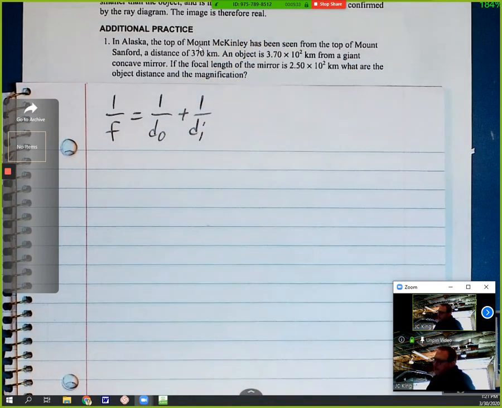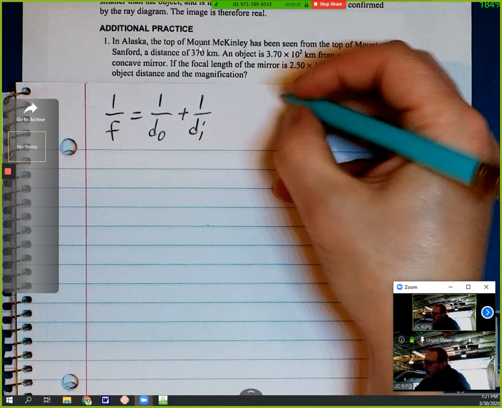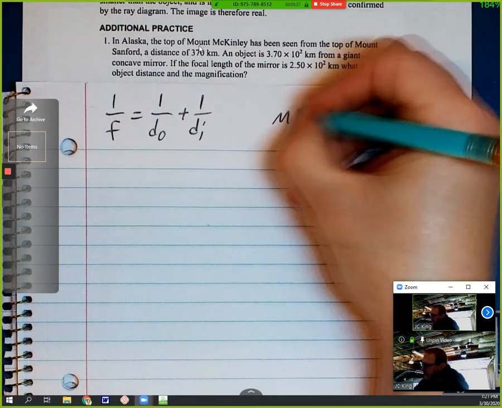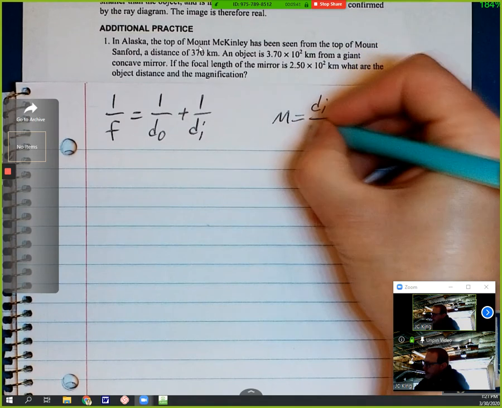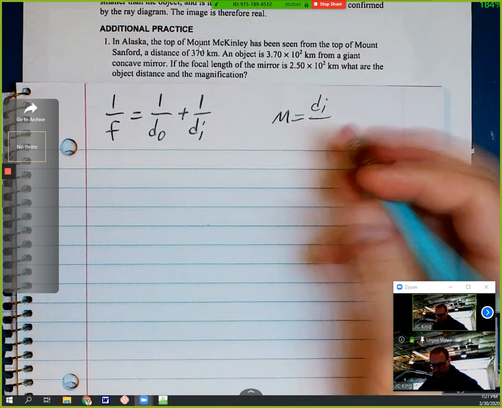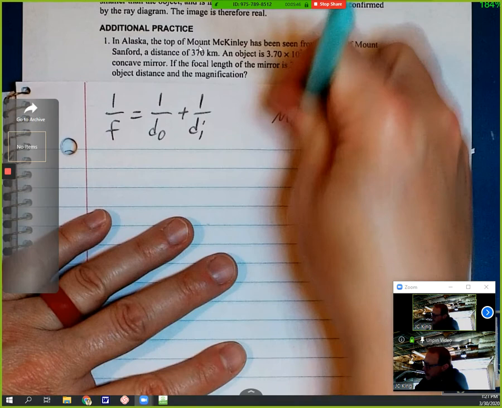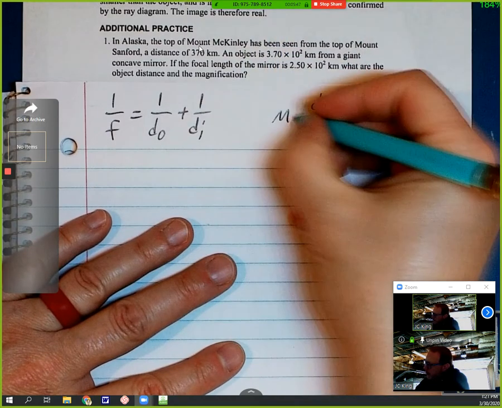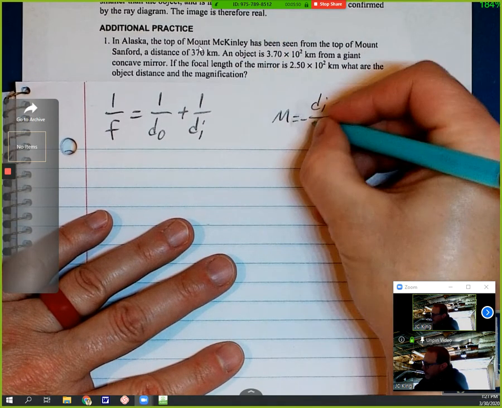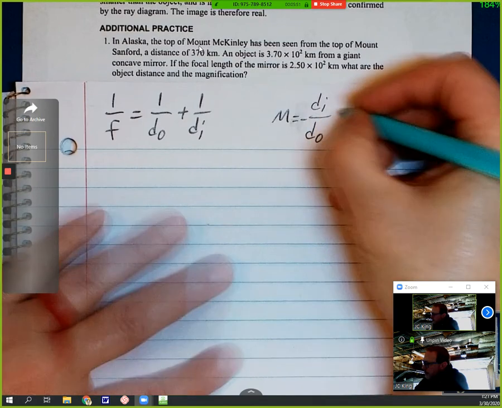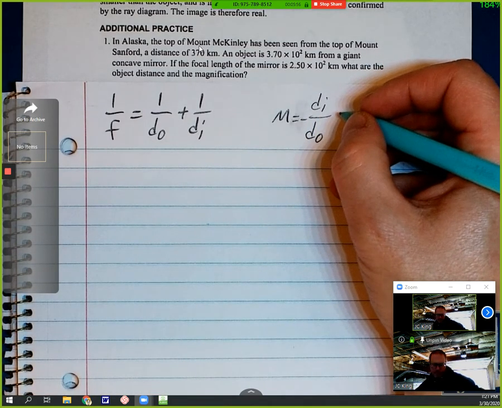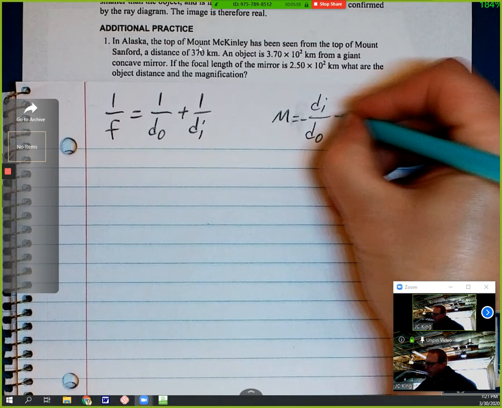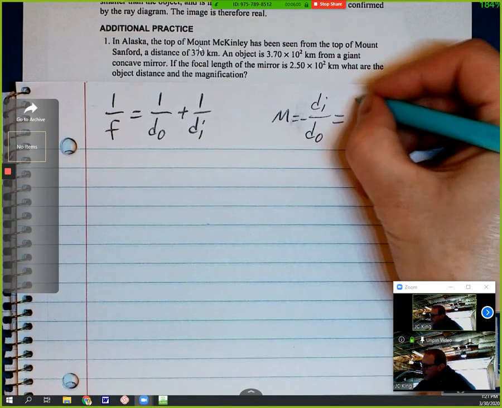We've got that our magnification is equal to the negative distance of our image over the negative distance of our object. And it's also equal to the height of our image